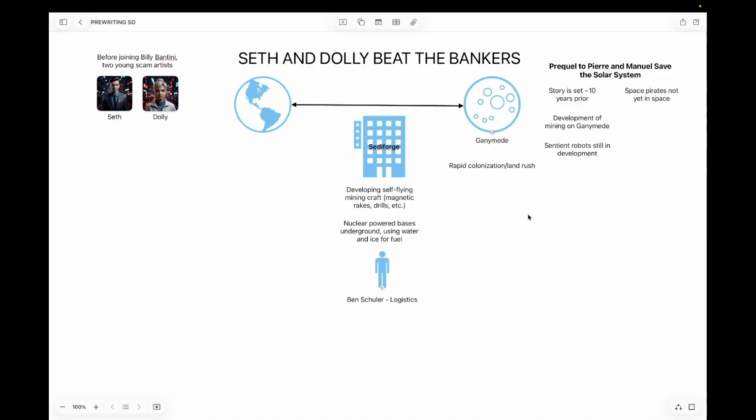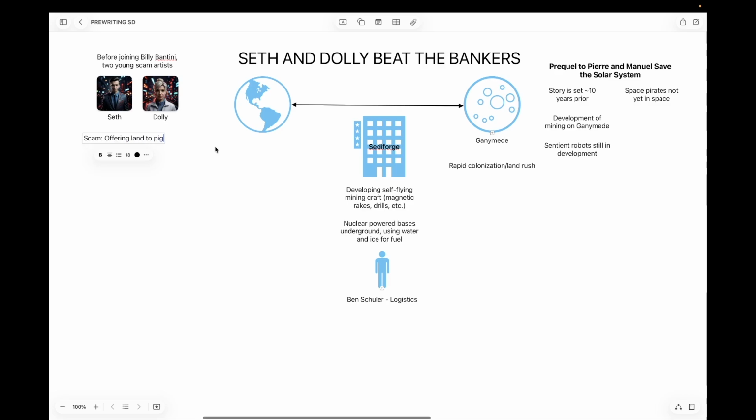And obviously, the title suggests that there is a very dangerous cabal of bankers who are profiting off of this somehow. Now, again, Seth and Dolly, being small-time grifters, have to happen into this somehow through one of their own scams. So I'm thinking that they will present themselves as land salespeople. And this is just an idea. I don't know if this is really what we'll go with, but the scam,